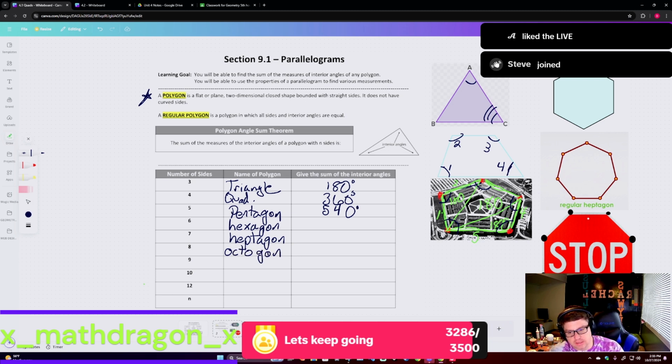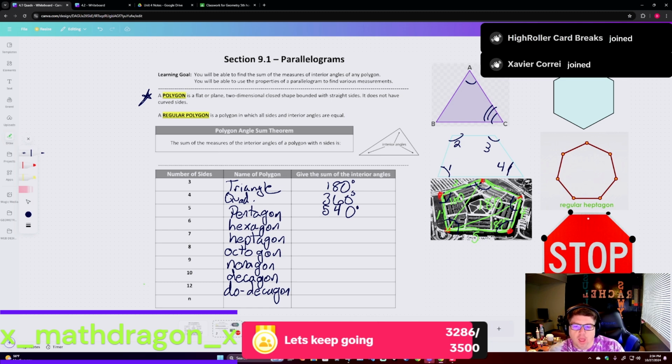An octagon is eight-sided. A nonagon is nine-sided. Then we have a decagon. And then we have a dodecagon. What we're trying to do here is start you down a path where we can find the sum of the interior angles for any figure whatsoever. Okay? So what we're going to do is separate the